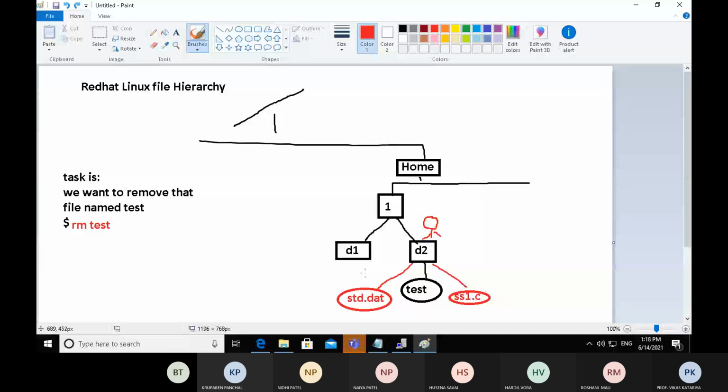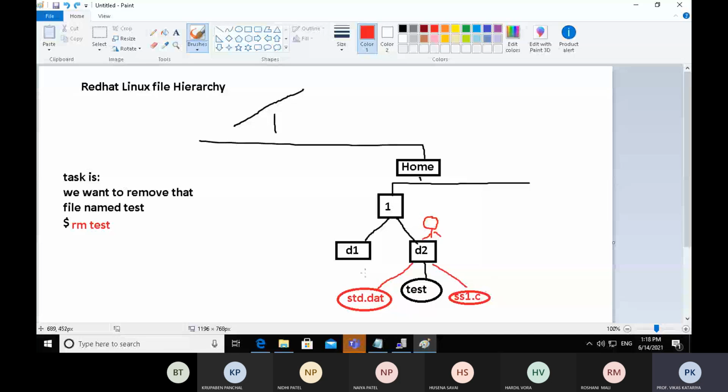From D2, cd to D1, and check the files. Again we'll move.